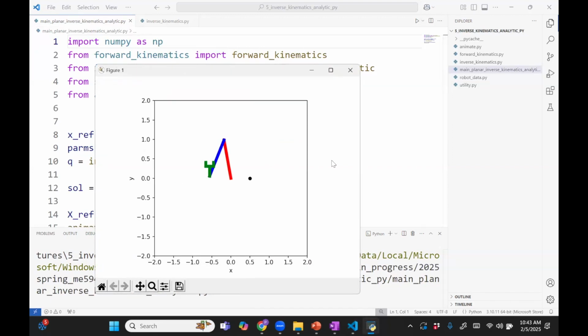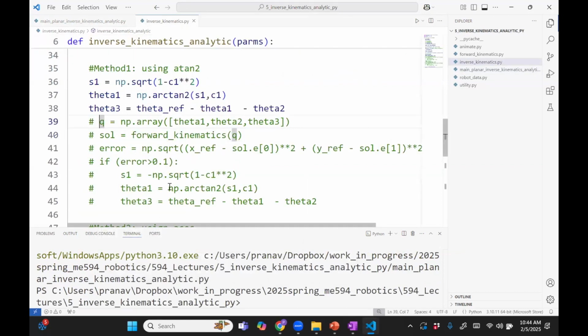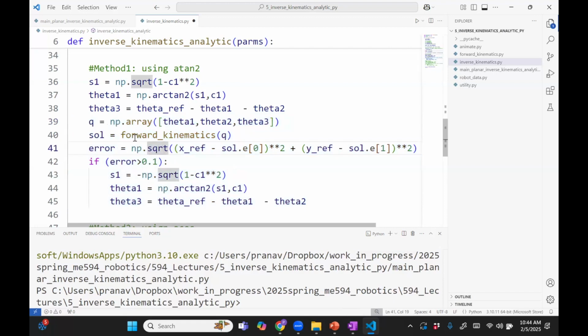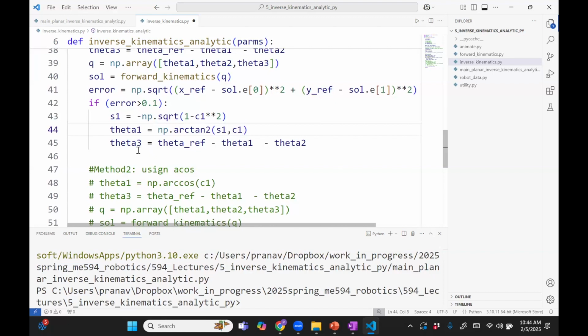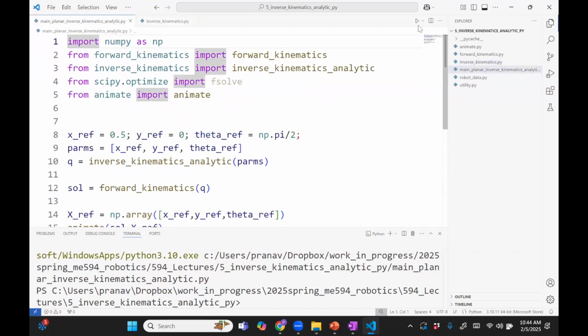See, that's the extraneous root. So to fix the extraneous root, this is what I did. I run it through the forward kinematics and see if it actually predicts where the end effector should be. It turns out that it tells you your solution is not valid because it didn't go there. So if the error is large, I use the other one. Instead of using the positive one, I use the negative one. Then I proceed with theta1, theta3. This ensures that I always get the right value. So if you go back and run this,